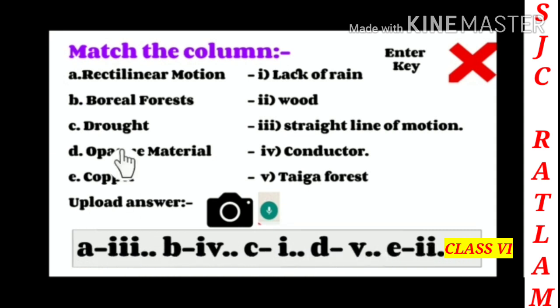You just have to see the question, what is the question number, and you have to see the answer number, and just type it, A dash the answer number. Remember children, that you don't have to type the answers here. Just write the question number and the answer number. And children, remember that again you don't have to press the enter key. This is the most important thing children, that you have to remember in the objective questions. Don't press the enter key.